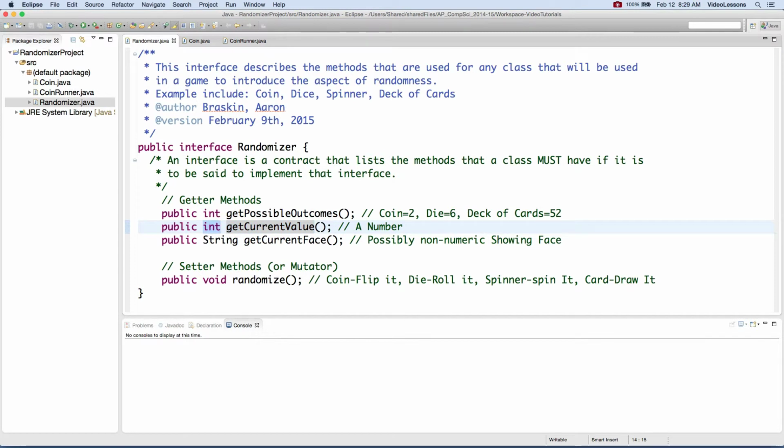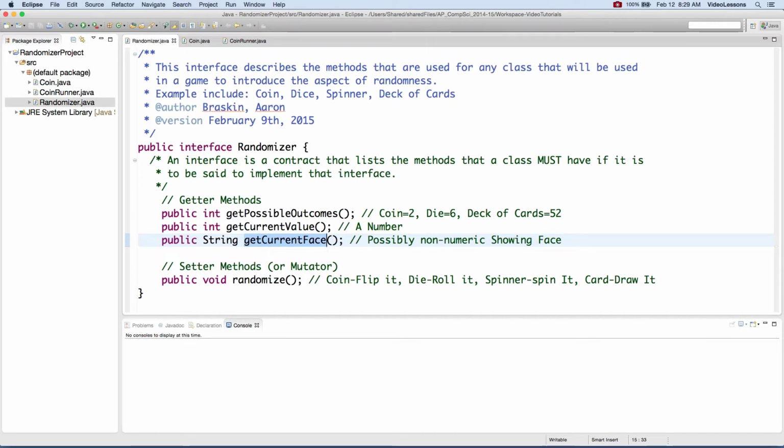And then, of course, we want to get a more user-friendly version of the output, which is what we're calling the face of the randomizer. So if it's a coin, the face is the side that's showing on the coin, heads or tails. If it's a die, a standard die anyway, it would be the numbers 1 through 6. If it's a deck of cards, it would actually say what the card was: ace of hearts, 2 of diamonds,